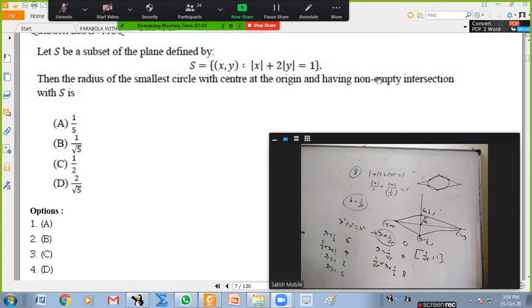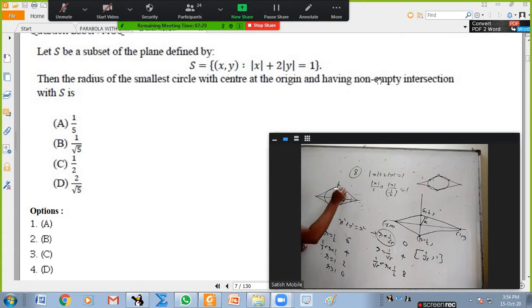Okay, I should explain once again. I can take a different figure if you want. Basically, let us say some other rhombus is there where this is 4 units, this is 3 units. You find the perpendicular distance from origin. As long as your radius is that much, it will be just touching.